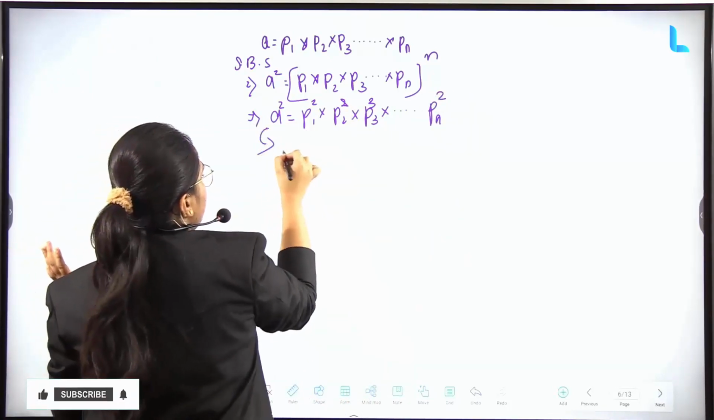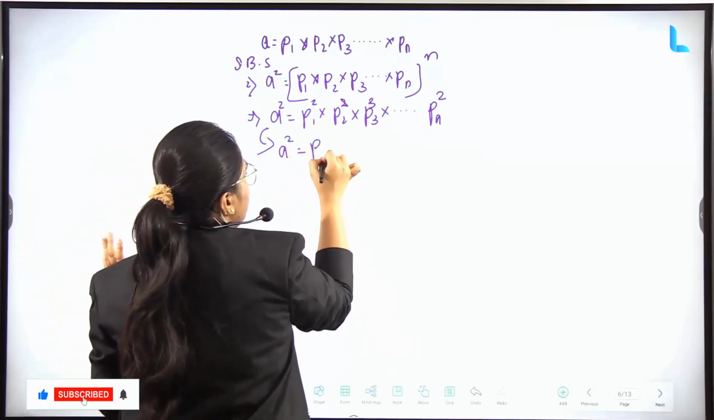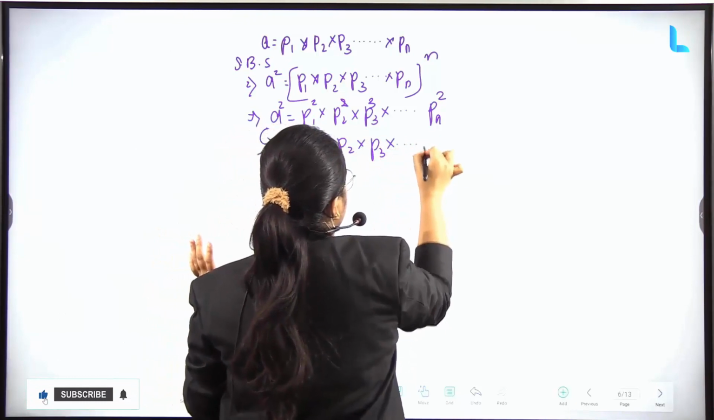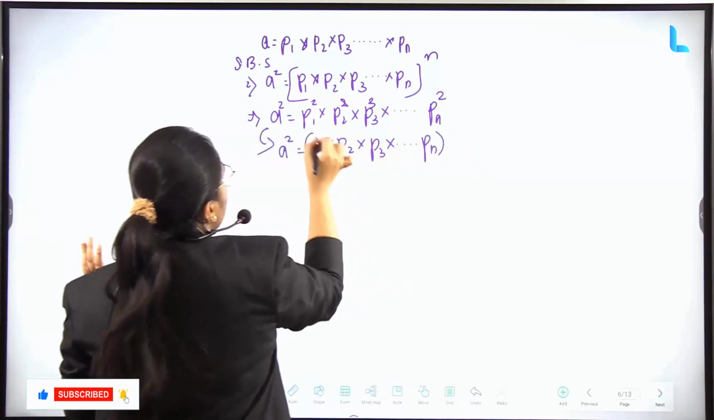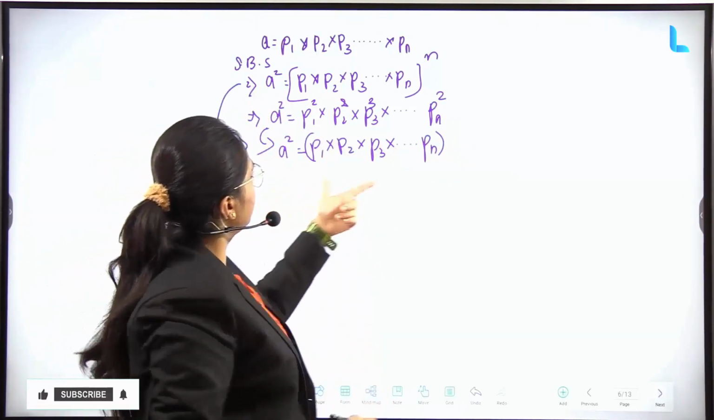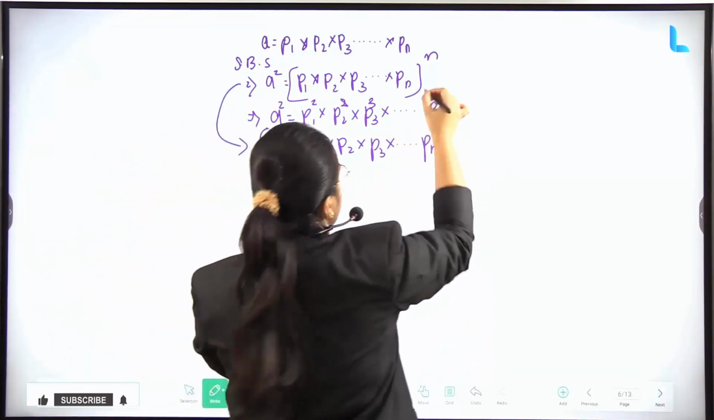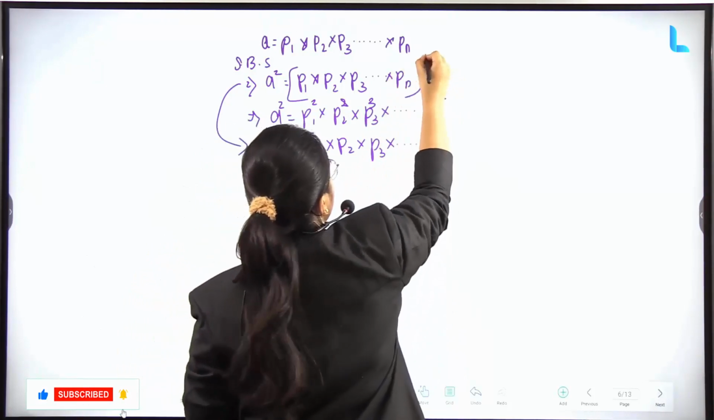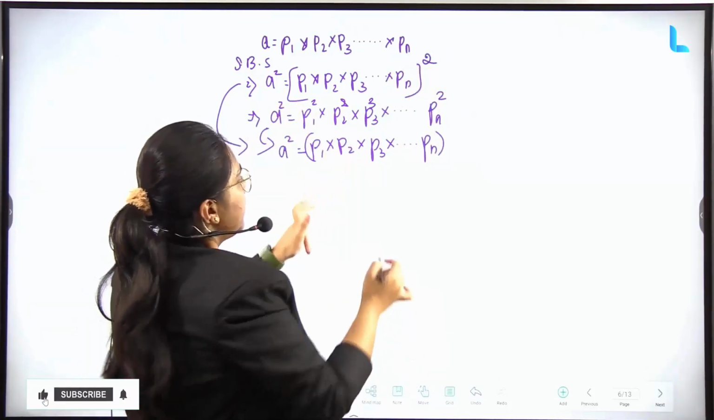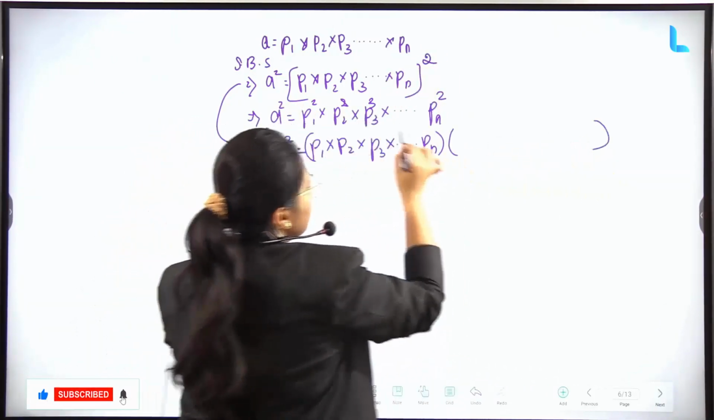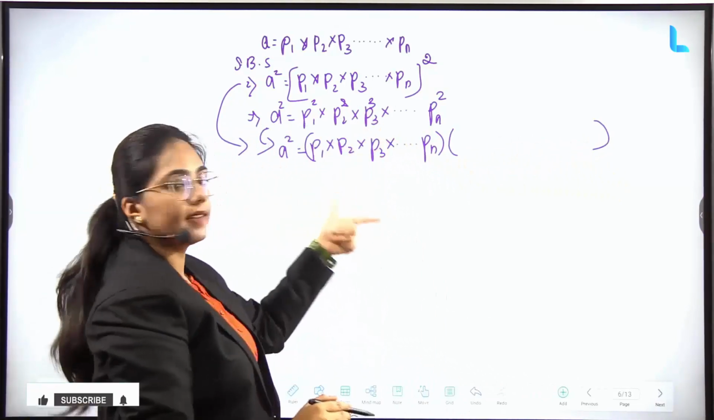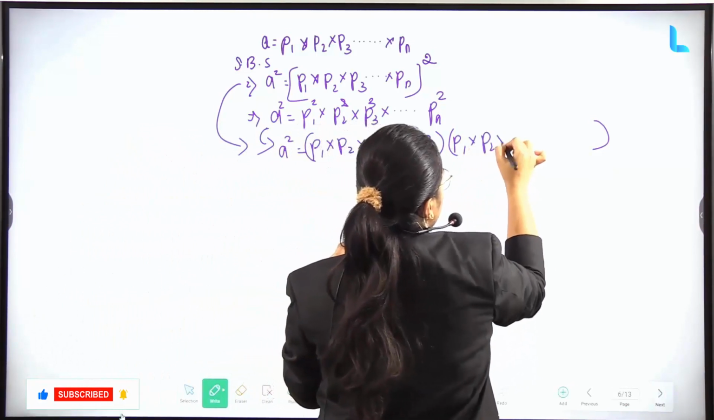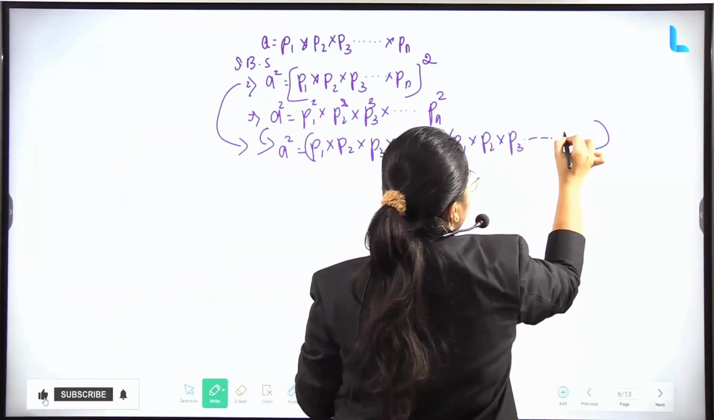So further, if we want to write, A square is equal to P1 into P2 into P3 into Pn. The whole thing, I am writing this twice here. Since it is square, this multiplied by something gives you the whole square, right? So I am writing the same thing twice. Again P1 into P2 into P3